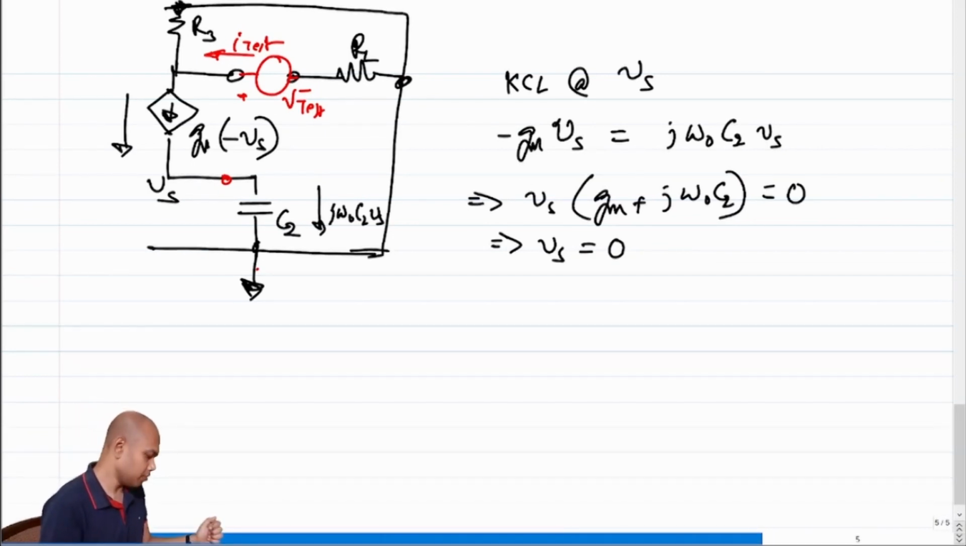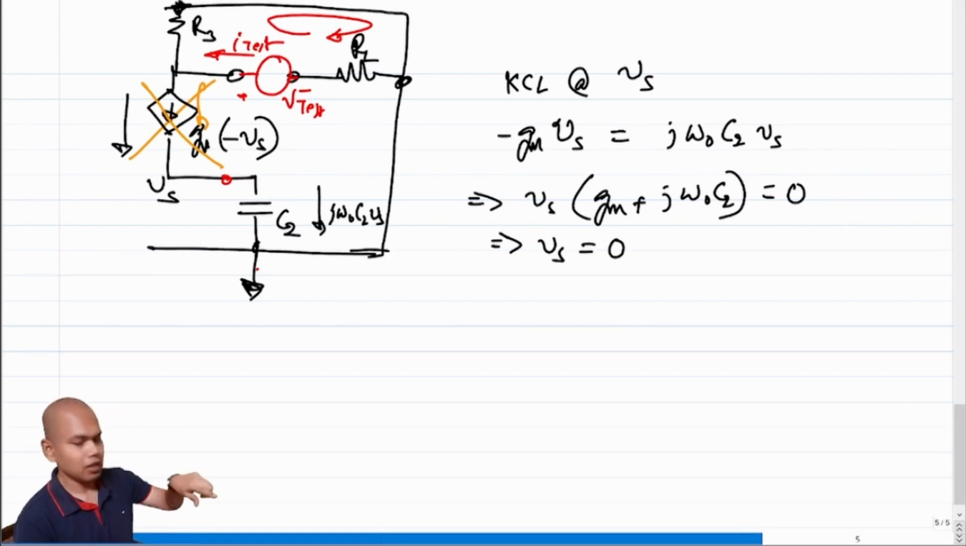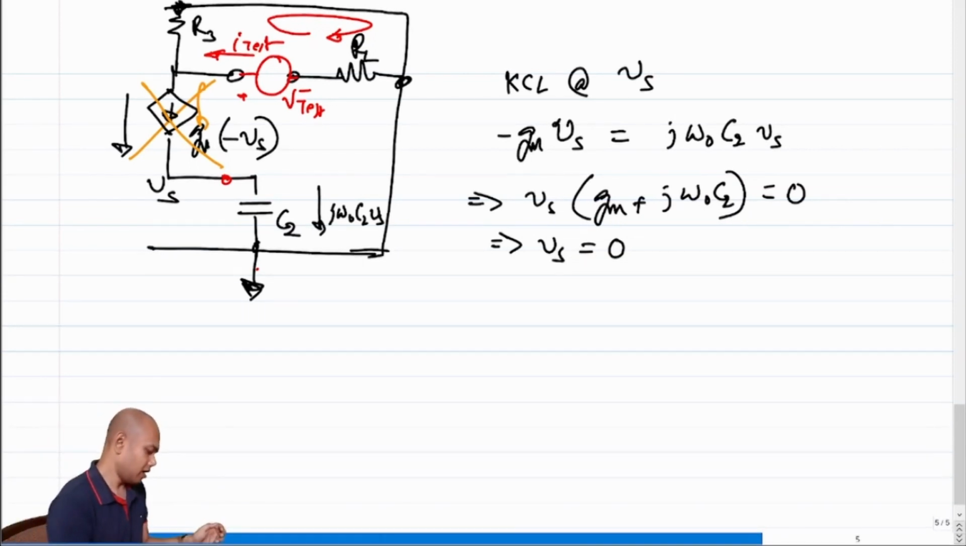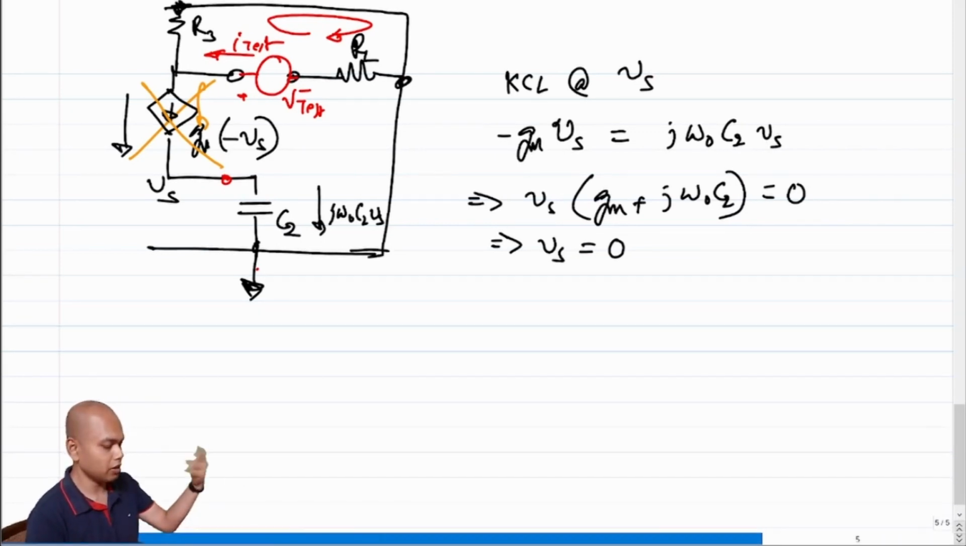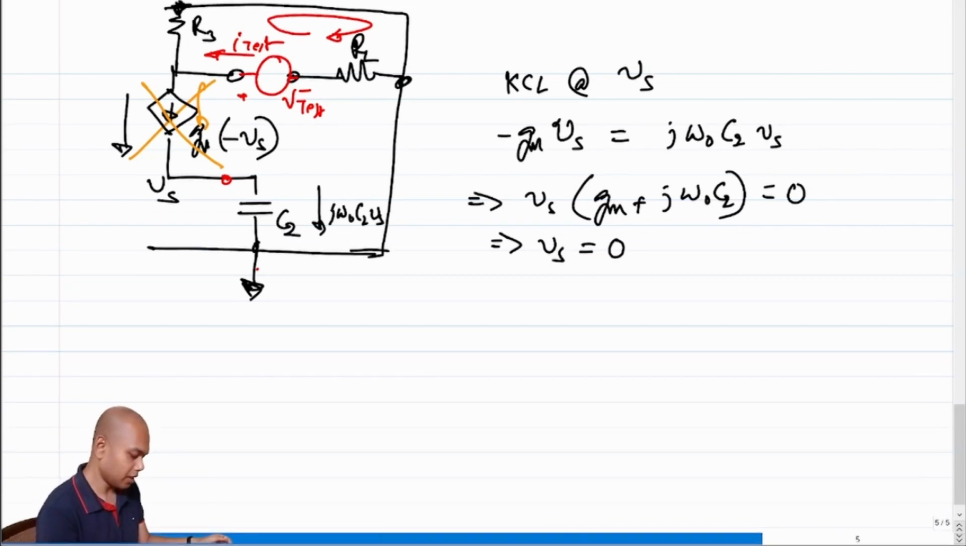If Vs is equal to 0, what does it imply? It implies that there is no current flowing downwards, right? So there is no current flowing downwards. Then what does it imply? It implies that the only loop in existence is the loop on top. And what is the equivalent Thevenin resistance looking into the loop on the top? It is R3 plus RL. So that's right. RTH in this case is R3 plus RL, which essentially means that the tau associated,